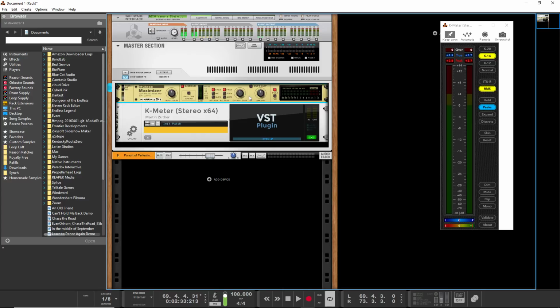This is one of the few tools where I think you really need to buy a third-party plugin, and the reason for that is that this maximizer doesn't let you set a peak ceiling,